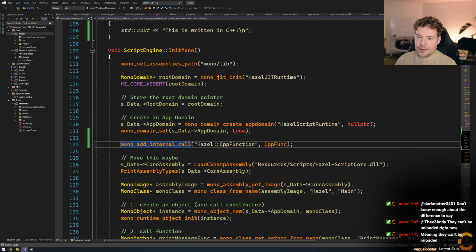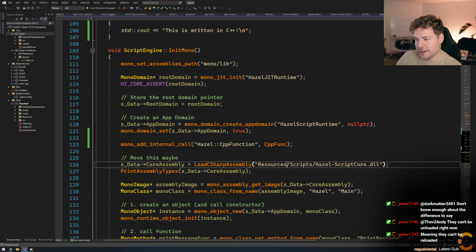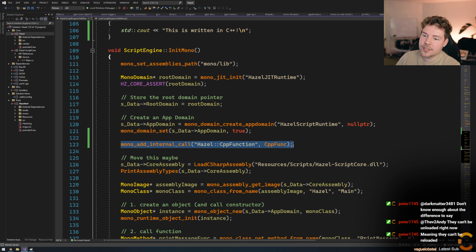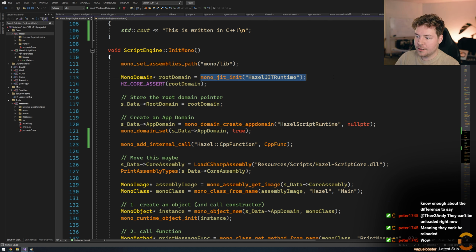I'm assuming you have to do this, but I don't know how this works. Maybe Peter can help us out here. Peter, you're allowed to just answer this one question: what is the context of this? Is this per domain? Is this once, or for the entire JIT thing? How does this work exactly?